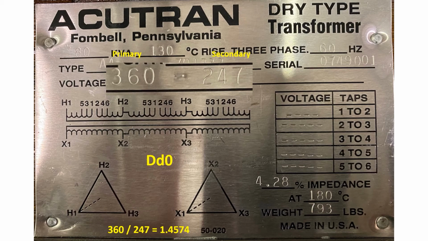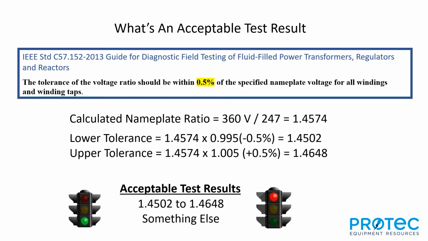What's interesting is we're not done. We know, at least from our calculations, what the ratio should be, but we haven't tested it to see if it actually is, and that's the whole point of this. If we look at, in the next slide, what's an acceptable test result, you can see that IEEE C57.152, this is the one that we referenced earlier, a guide for diagnostic field testing of fluid-filled power transformers. The tolerance of ratio, according to that standard, should be within 0.5%